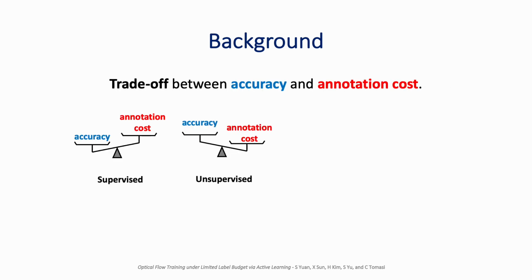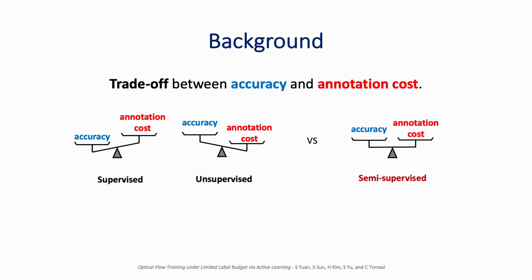Most existing methods are either supervised or unsupervised. Supervised methods have better accuracy. However, optical flow labeling can be especially difficult and expensive. Therefore, many unsupervised methods have been proposed based on the brightness constancy assumption, which require no labels but compensate accuracy in return. In contrast, we studied the semi-supervised setting, where only partial labeling is available, to better balance accuracy and